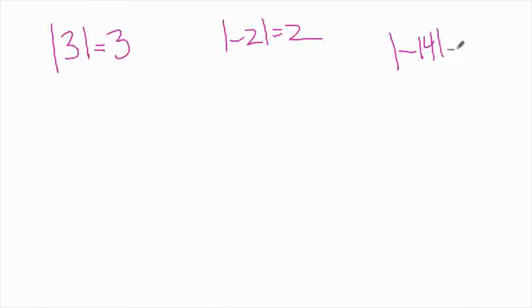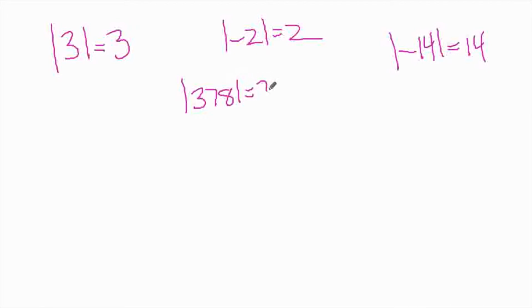In this video, I'm going to talk about absolute values with regards to integers. Now, you may have seen absolute value operations before. If you haven't, I'll tell you that the absolute value of 3 is 3. The absolute value of minus 2 is 2. The absolute value of minus 14 is 14. The absolute value of